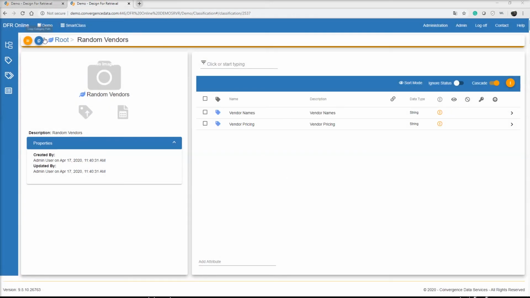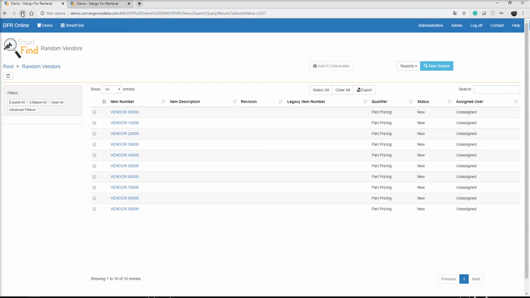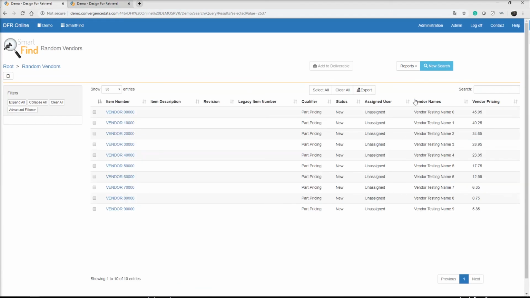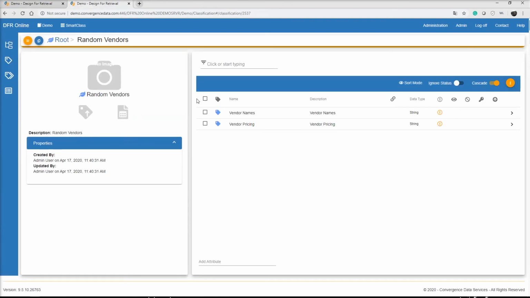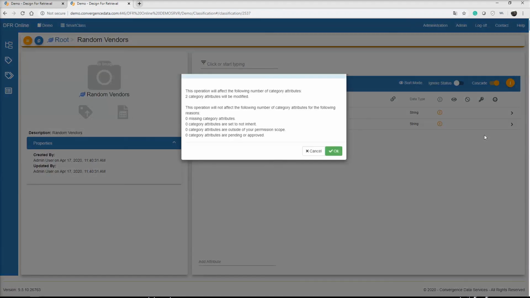We go back to smart find, we do a refresh, and now we can see the vendor names and the vendor pricing. We go back to smart class one more time, and we will make these two attributes key attributes. This way when we do our relationship they will show. So we set them as key,